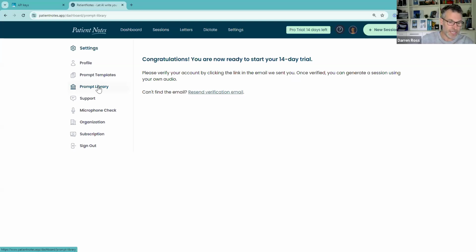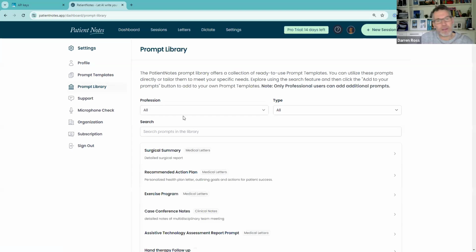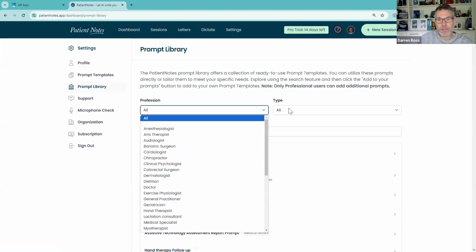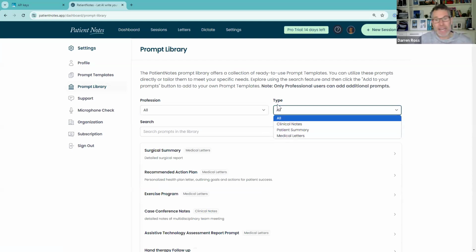And then you'll see that in here, we've probably got well over 150 different clinical and report templates. But again, we're happy to do whatever users need. You can search via profession, or you can search whether it's a patient summary, medical letter, or clinical note. So that's sort of the workflow of how it would work with a user using what we call whole session